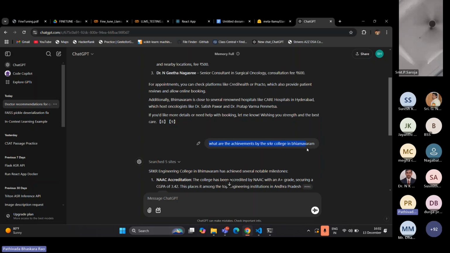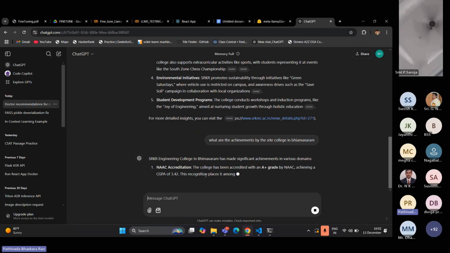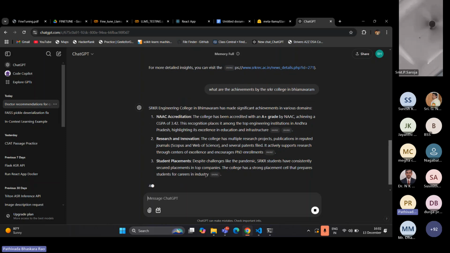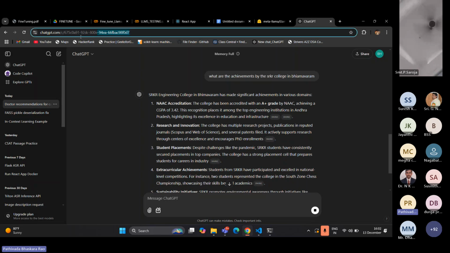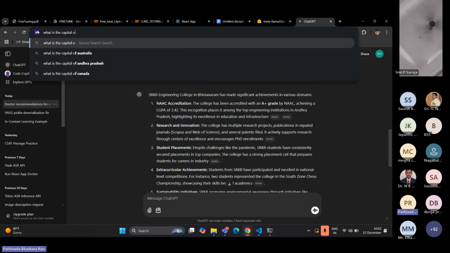here only you can see, like I have given the question. So what happens means every time the model is generating words, I mean they're generating the response token by token. It does not generate the response as a whole. It means, for example, if I say, what is the capital of